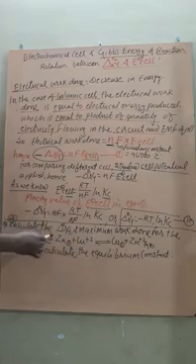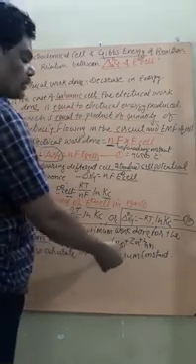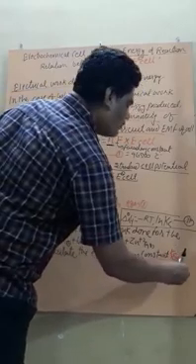To better understand this relationship and its application, we can see one question: calculate the ΔrG and maximum work done for the reaction. The reaction is zinc plus copper cation gives copper solid, that is, reduced to copper solid, and forms aqueous zinc cation solution. Student, we also have to calculate one more thing: the equilibrium constant, as we have seen in our previous video.